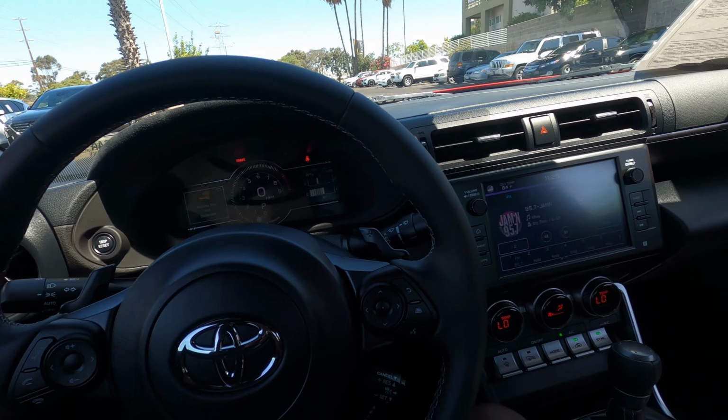And then in the back, you have this really aggressive ducktail spoiler, or whatever you want to call it. You have your GR86 badge. This looks pretty cool back here, and you've got some LED tail lights, and you also have dual exhaust tips with your rain lights. I believe they're your backup lights, and then I believe that's a third brake light. Backup camera, and then you have a button to open the trunk. You press that,